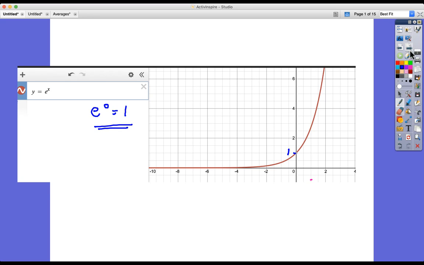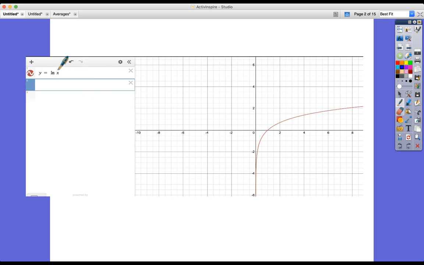Okay, and then we've got y equals ln x, which is related to e, the number e, because it is the logarithm in base e, otherwise known as the natural log, ln x. Okay, and its graph looks like this. And you can see here it also crosses an axis at 1, but in this case it's the x-axis,